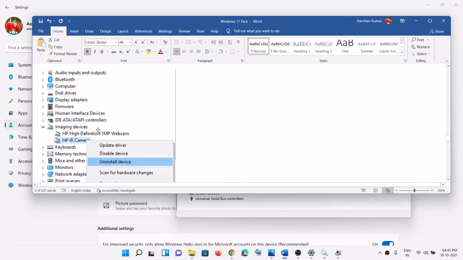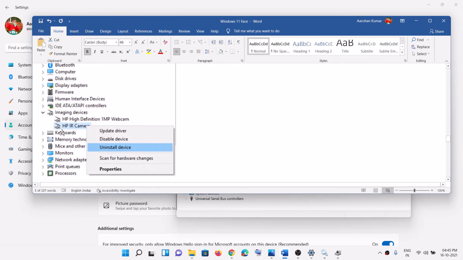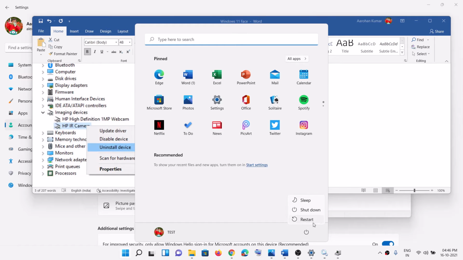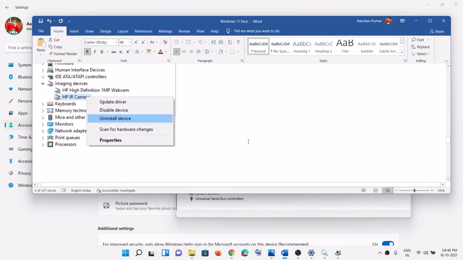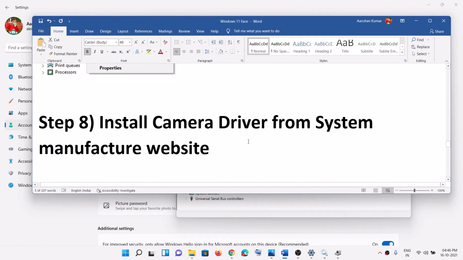In case you find it under imaging device, right click on the camera, IR camera, and then click on uninstall device. After the uninstall, you can restart your computer. During the system restart, it will install the default camera driver, and then you can check. Now if you're still facing the problem,